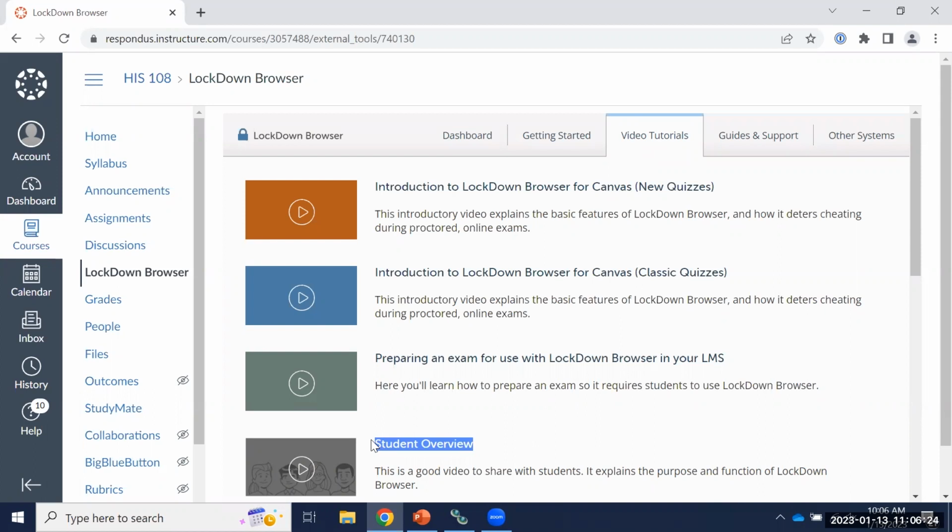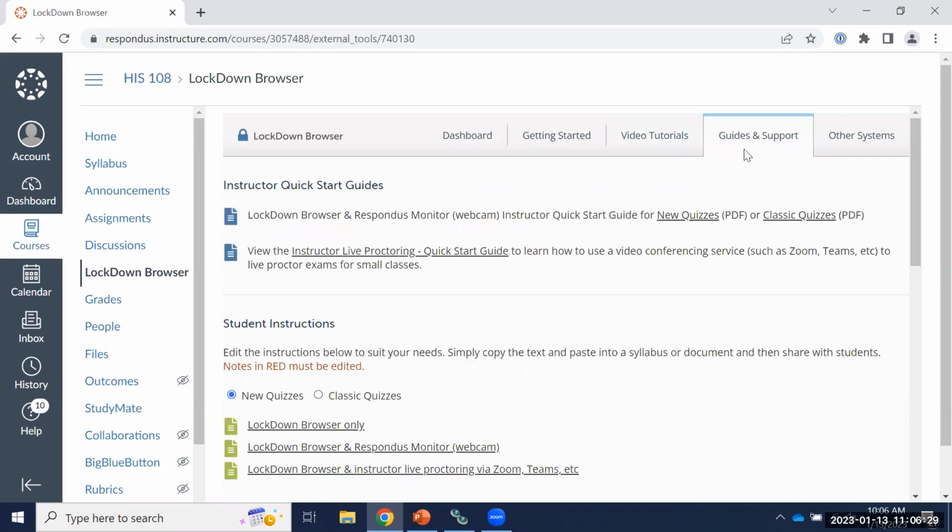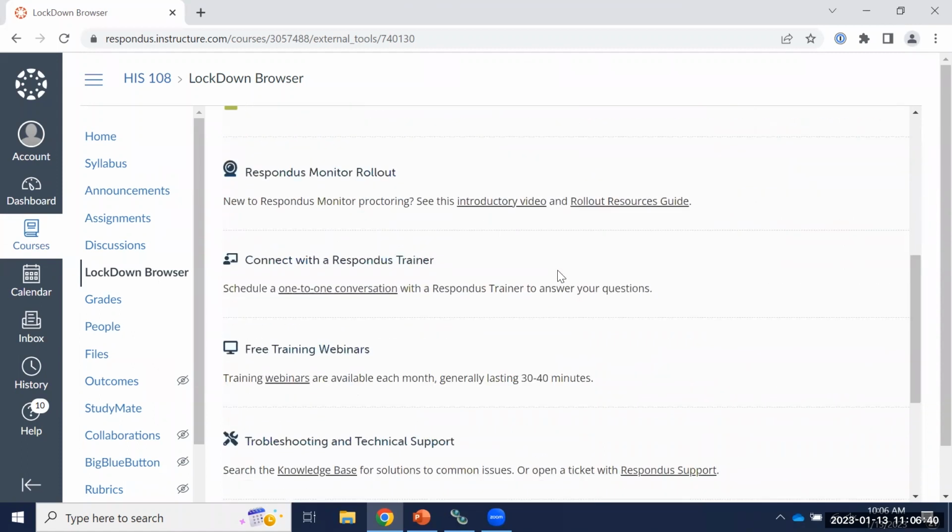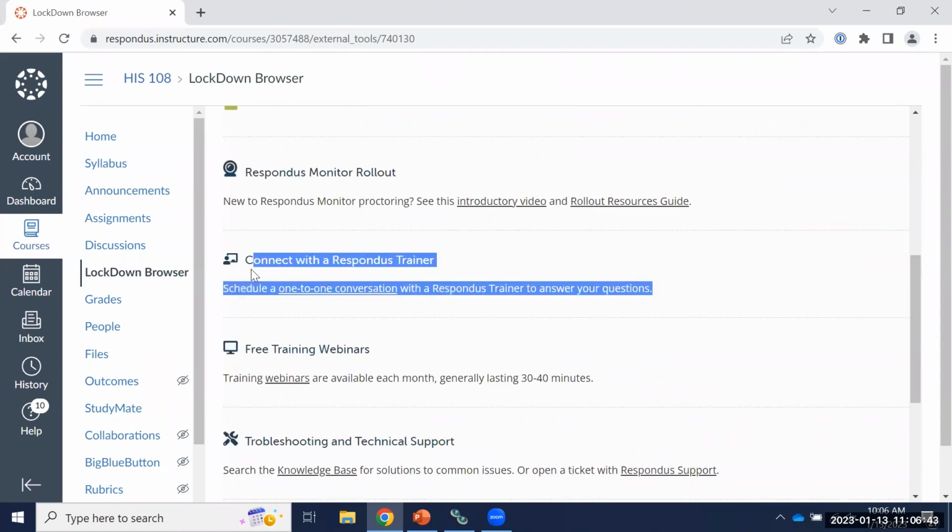And you can even embed it in the course if you want to do that. Now, the next tab is called Guides and Support. And this has quick access to our documentation, and how to reach our support team if you need help there. But one thing I'll point out that can be really neat for you is you have the ability to connect with a Respondus trainer. That means you can schedule a one-to-one conversation, so an appointment basically with a Respondus trainer. We're happy to just jump on and answer some specific questions for you as you're working through and